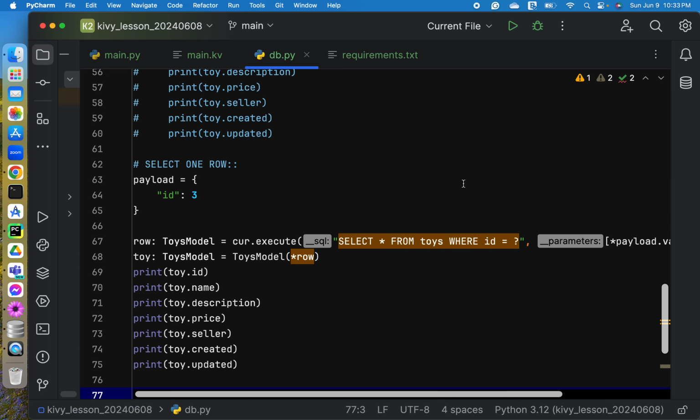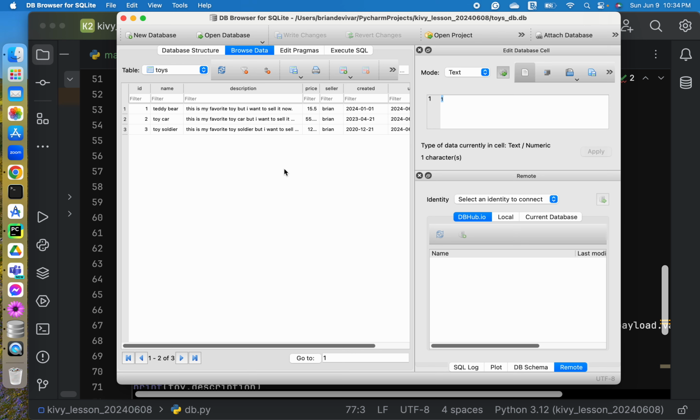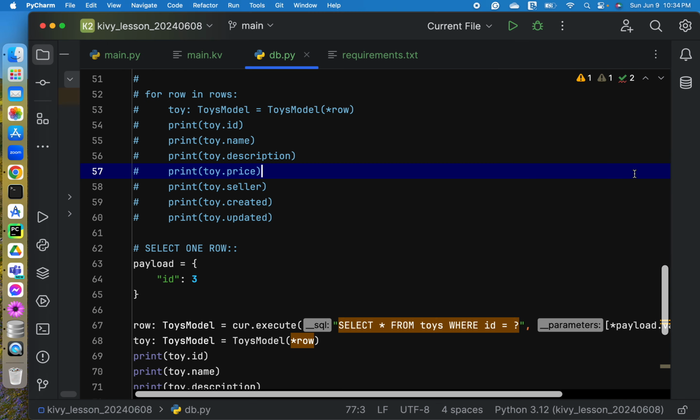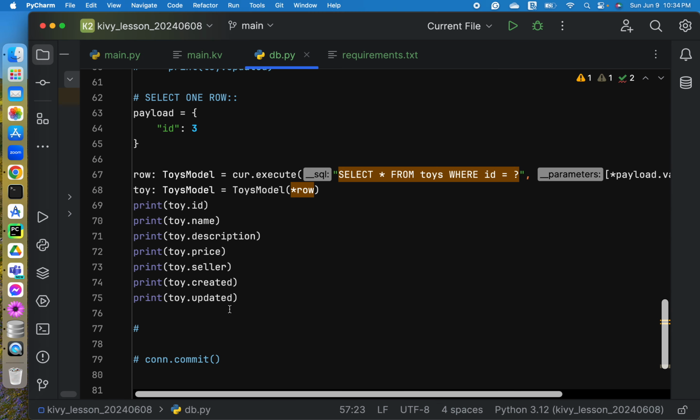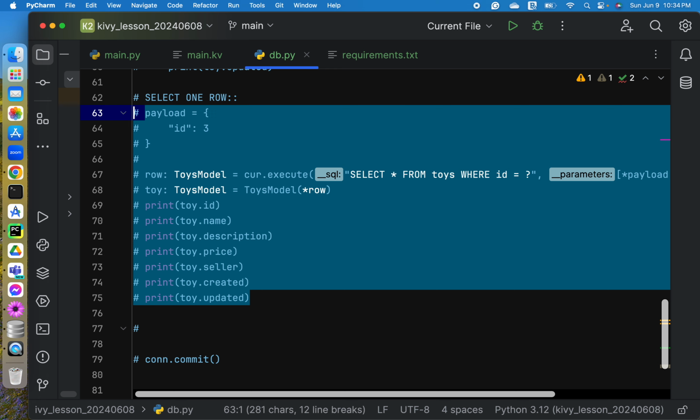Next, let's say for example, for the third toy or the third item, the toy soldier, I want to sell my toy soldier for only $100. So how are we going to update this record? Okay, so let's comment this out.